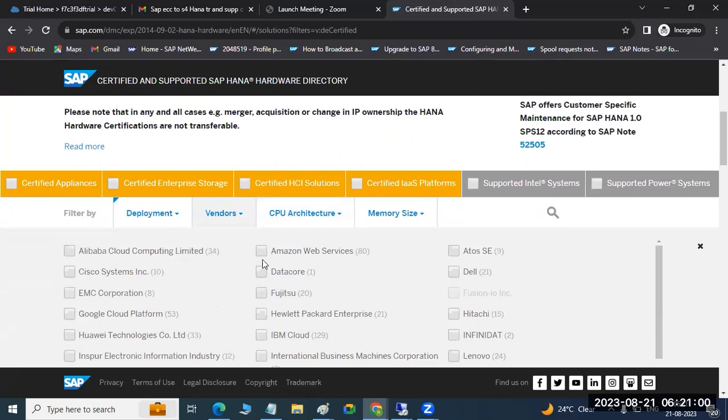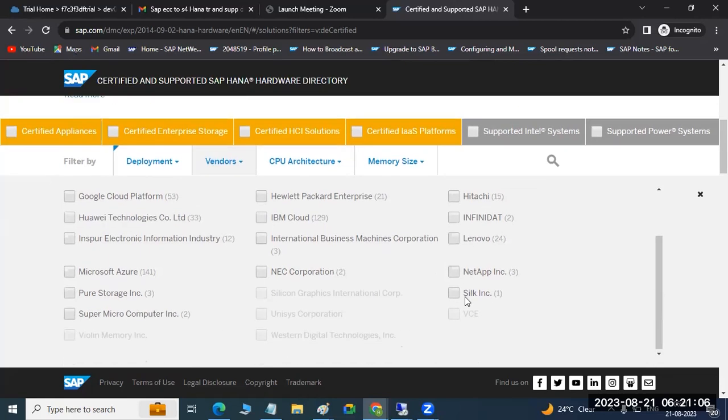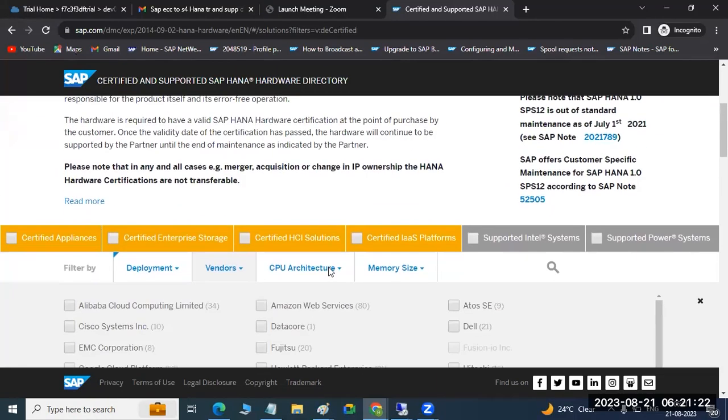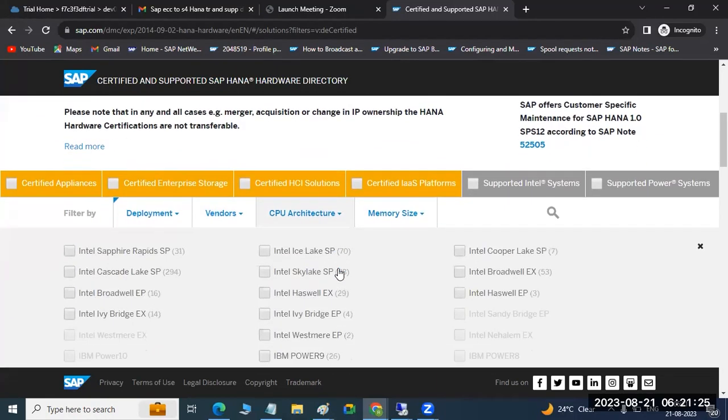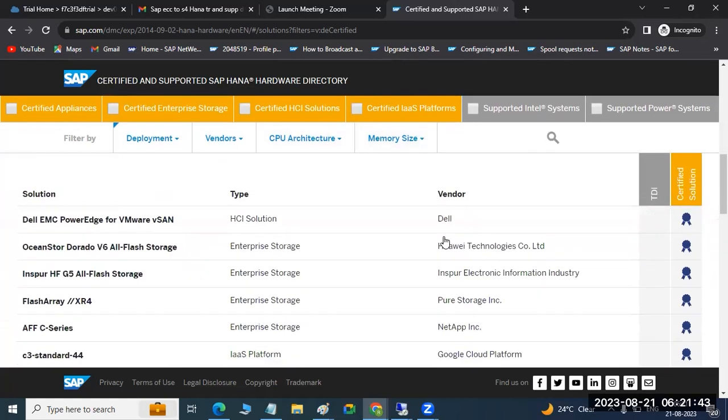If you search here, you can see EMC, Google, IBM Cloud, NEC, Lenovo, Hitachi. These are the certified hardware vendors where we have to install our HANA database. Azure, Cisco Systems, all of these provide hardware. Intel CPUs are also recommended. On CPU naming convention, Intel Haswell CPUs or later are highly recommended. The memory size looks like